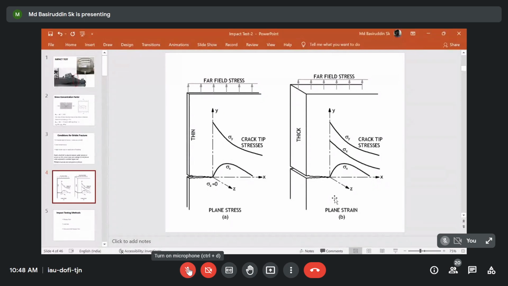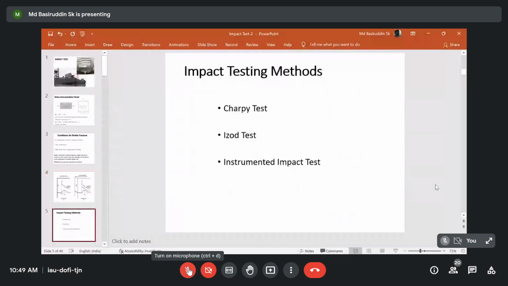So sometimes you will find in the GATE question also, what is the crack growth rate compared to the velocity of certain things. So you will find that the crack growth rate is equal to the sound velocity. Okay, so we are talking about the impact testing,